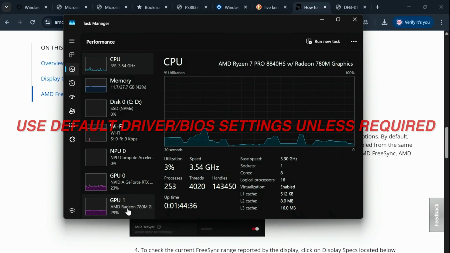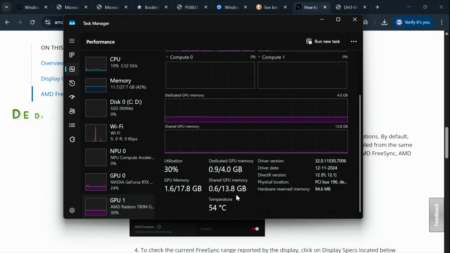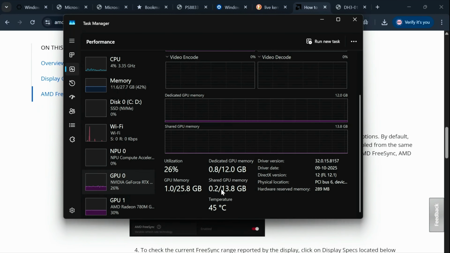Driver version. Everything is default. I did set it to 2 GB so that I can get the memory back, but it seems it has issues with the driver stability when I tweak the stock configuration in the ThinkPad BIOS. So I've just kept it default at 4 GB. You'll see that the shared memory is around 14 GB alongside 4 GB. For the Nvidia dGPU, the dedicated is around 12, so you'll get around